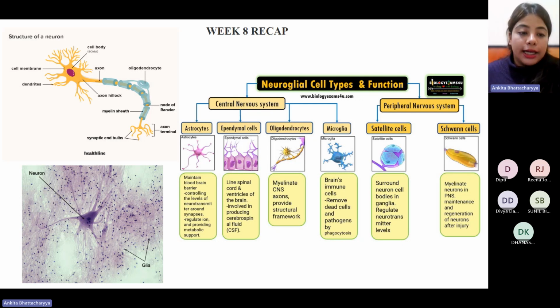What you see on the left towards the lower end is a histological section of possibly some brain tissue or nervous system tissue. And what you see at the center is the neuron, and you can see how extensively branched it is and how beautiful it is. It has these very thin extensions, which are the dendrites, and you can see the presence of the relatively large nucleus as well.